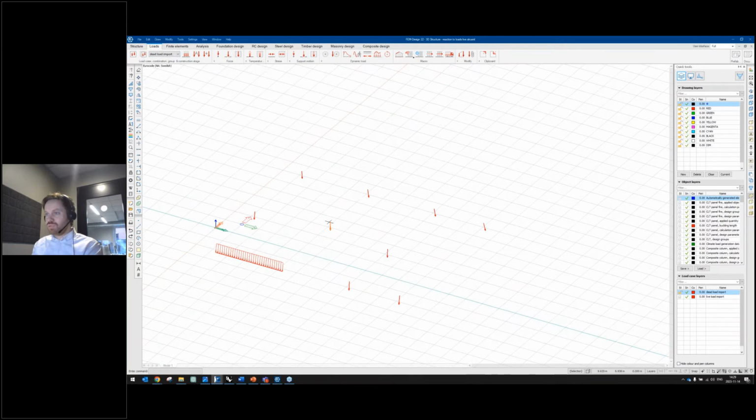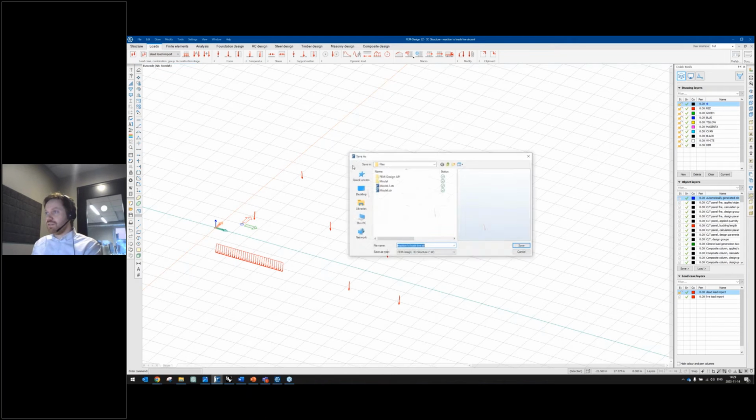So I have both the point support and the point loads and the line loads from the point supports and the line supports in my previous model. So I can take this, just save this